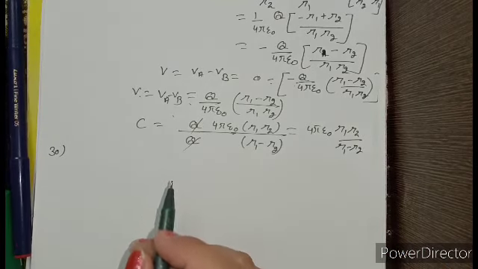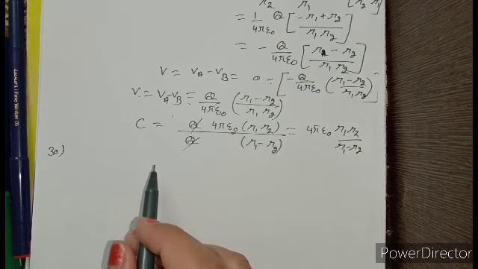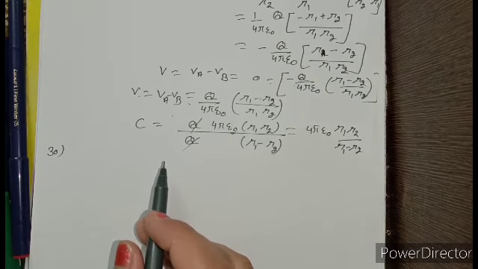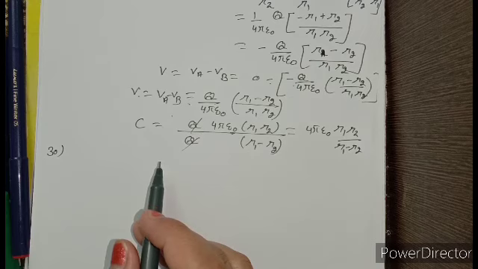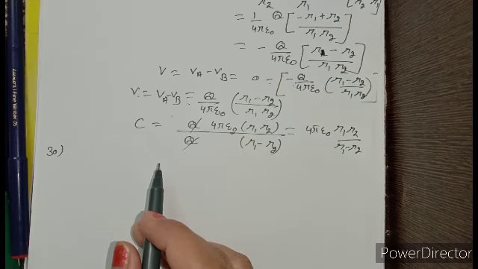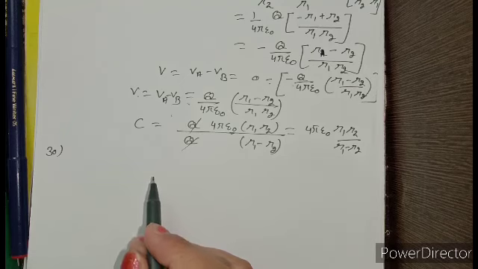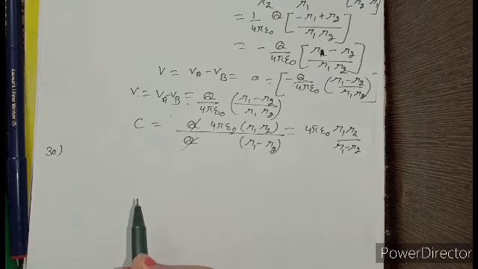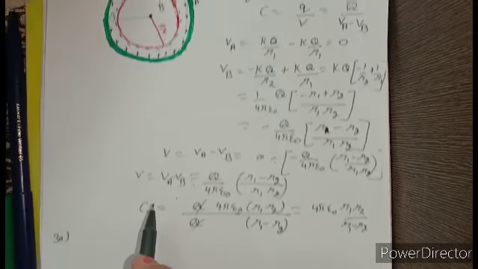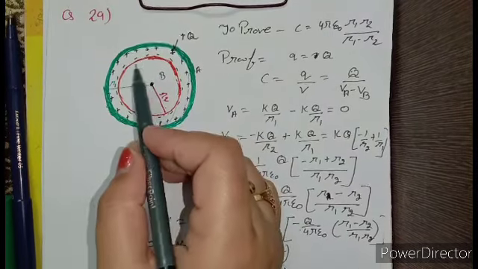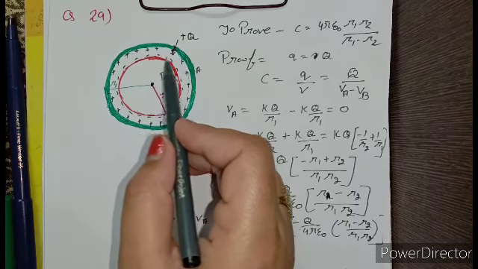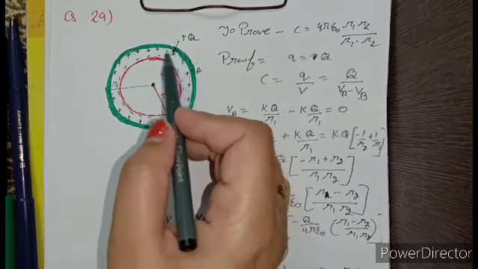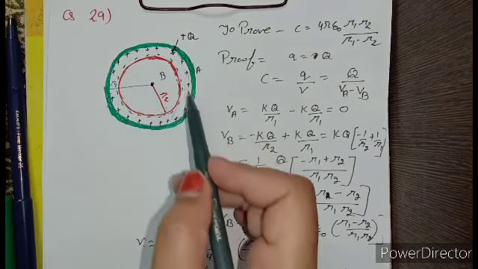Now question number 30. A spherical capacitor has an inner sphere of radius 12 cm and an outer sphere of radius 13 cm. The outer sphere is earthed and the inner sphere is given a charge of 2.5 microcoulomb. The space between the concentric spheres is filled with a liquid of dielectric constant 32. Okay, so this is the same as question number 29, but here in place of the negative charge we have the positive charge, and here we get the negative charge, right?